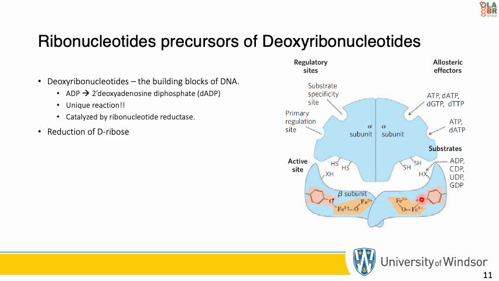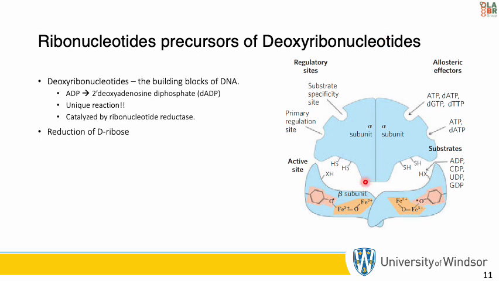However, the tyrosyl radical is too far from the active site to interact directly with the site. But we have several aromatic residues which form a long range radical transfer pathway to the active site. And I believe in my next slide we'll actually be able to see that. And this right here is a likely mechanism for the ribonucleotide reductase reaction, as we'll see in the next slide.